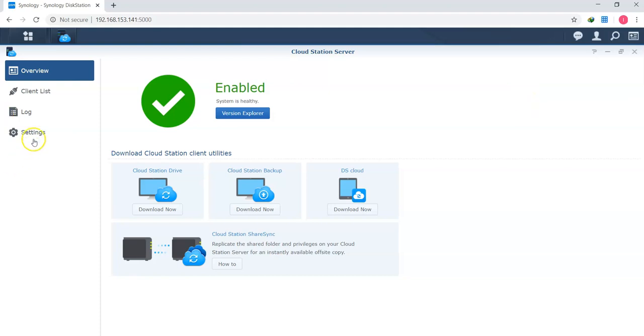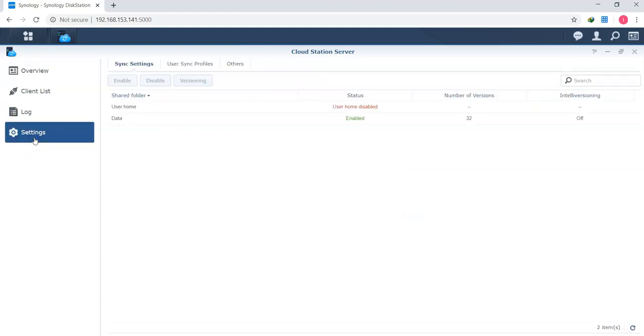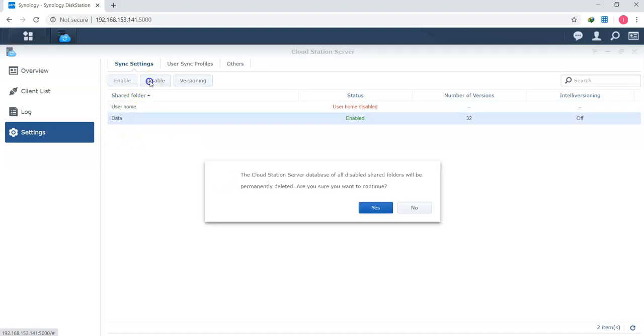The next step is to go to Settings and enable the folder which you want to share with the client ends. I have a folder called data which is already enabled. If you want to disable it, click on data and you can disable it from there.